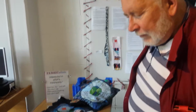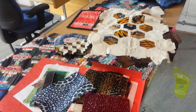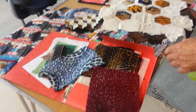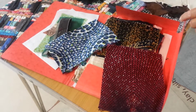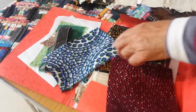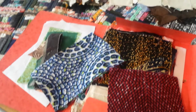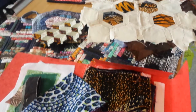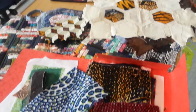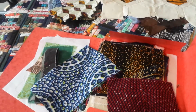When you're dealing with fabrics, there are all sorts of strangenesses and different ways of approaching it. One of them, a couple that are particularly interesting to me, is fabric like these, which were produced in this country for export to Africa. We don't have that kind of textile industry anymore, and most of the fabrics like this are produced in China or maybe the